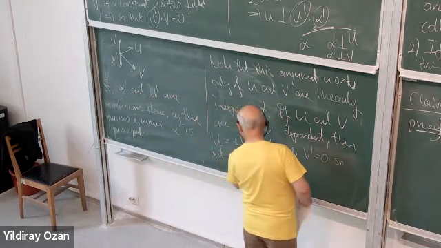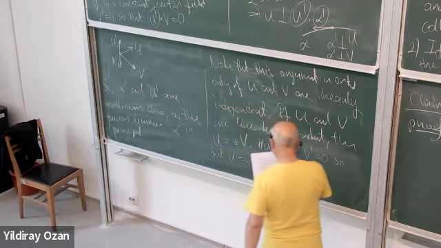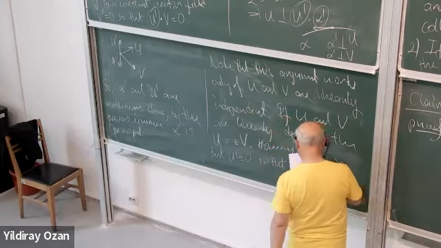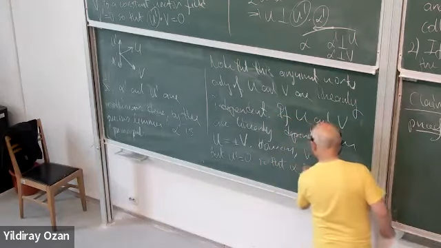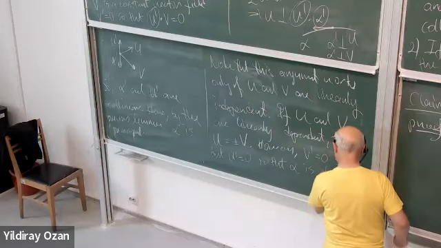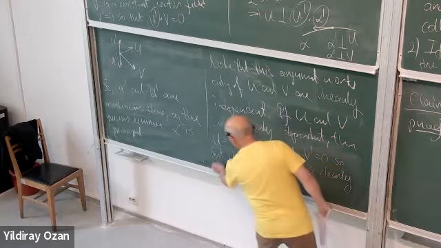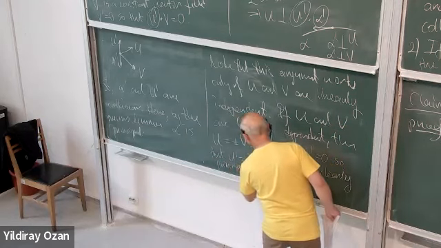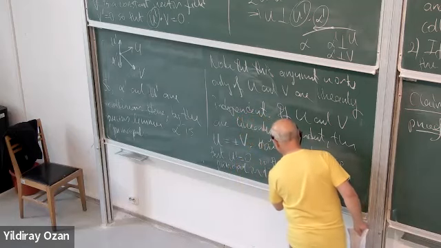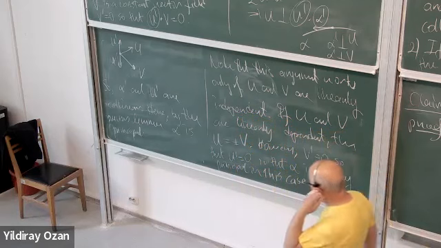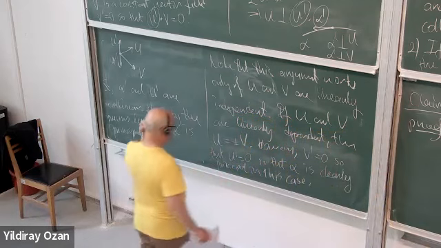Therefore, U prime is 0, so that alpha is clearly principal in this case. Why is that? If U prime is 0,